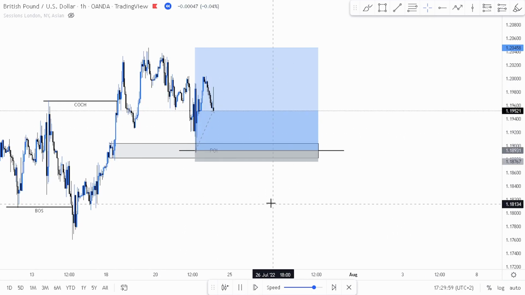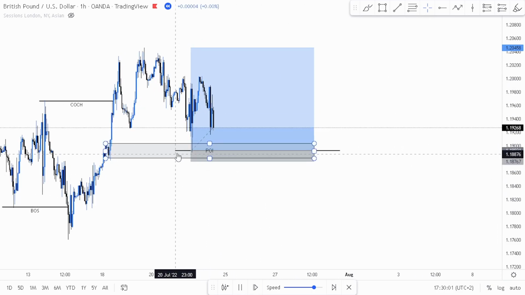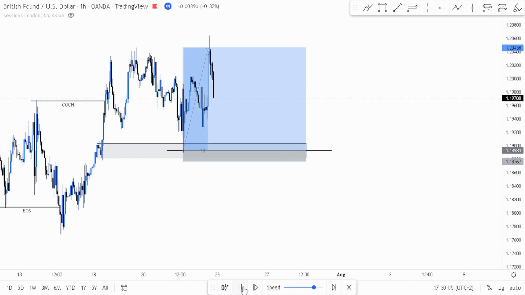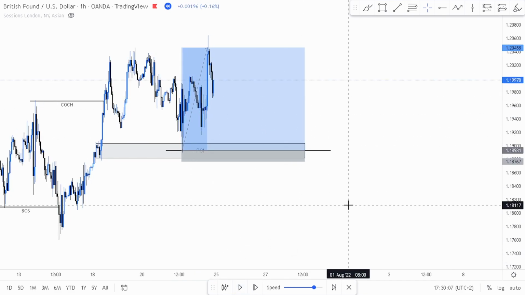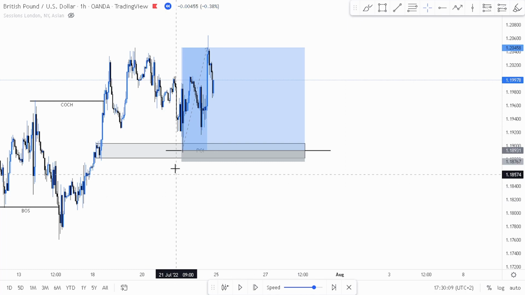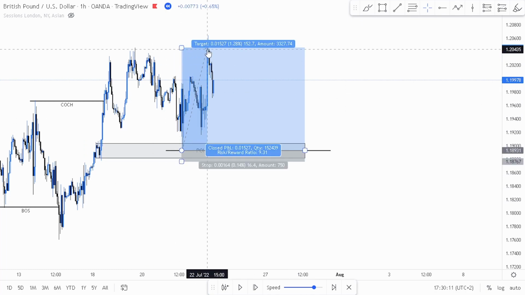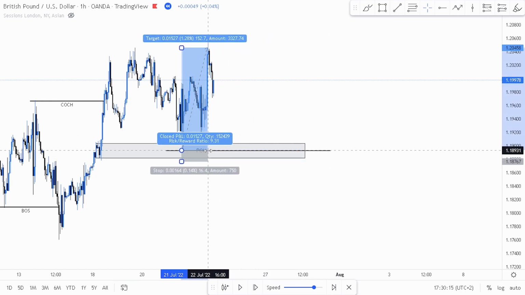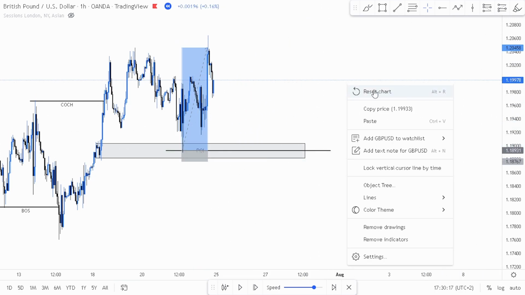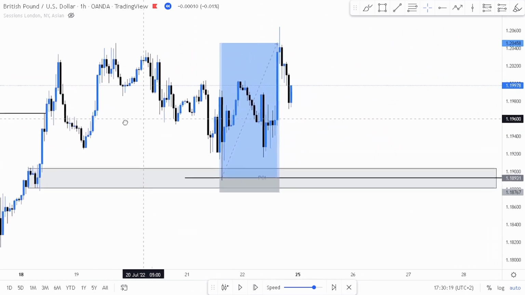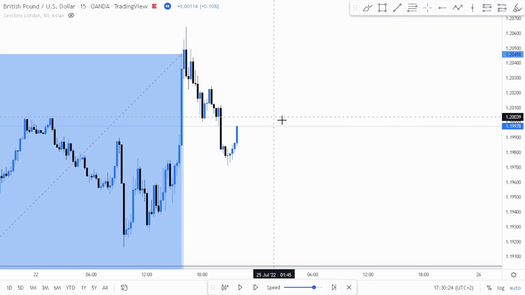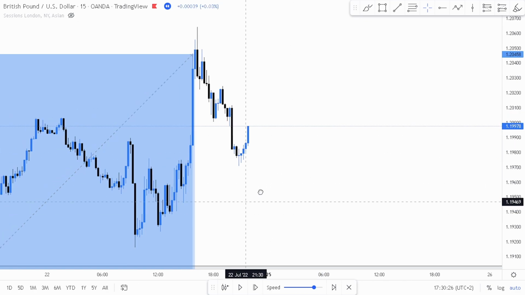So guys, I want you to notice something. As we get triggered into this trade, we hardly had any drawdown, so our trade was hardly in losses. As you can see now, the trade has hit its take profit. That's the beauty about trading smart money concepts. If a trade is invalid, you can quickly see, and it is low risk. So right over here,